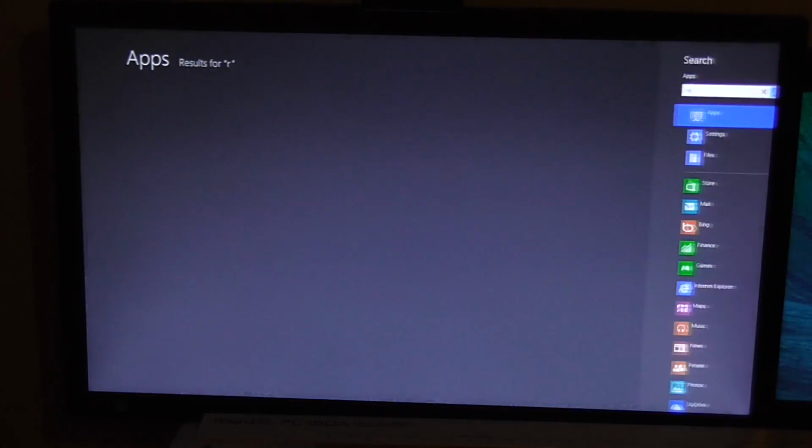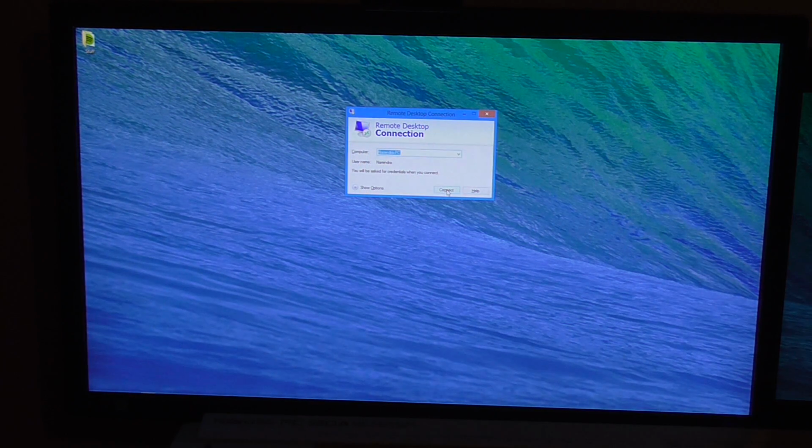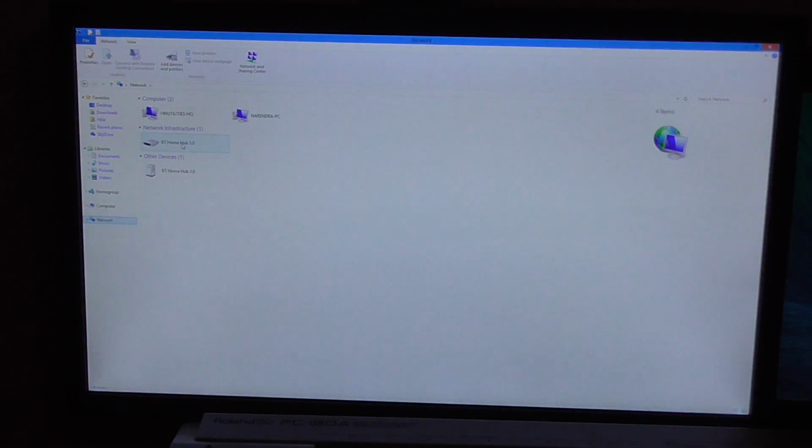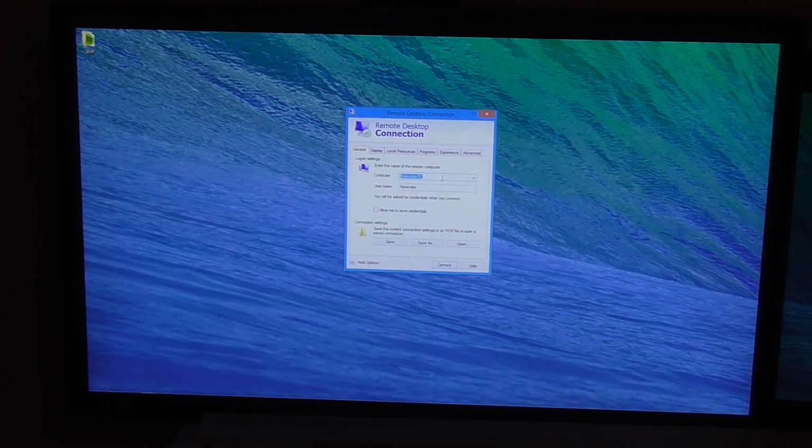Now that you've verified all of those things are there, you're going to want to type remote desktop connection either from your start screen or start menu, and you may want to go back to network and find out the other PC's name. In my case, that's my dad's PC, and you're going to want to type that here. Then type the username you're trying to connect to, in that case my dad's username. Then tick allow me to save credentials. Just make sure everything's high